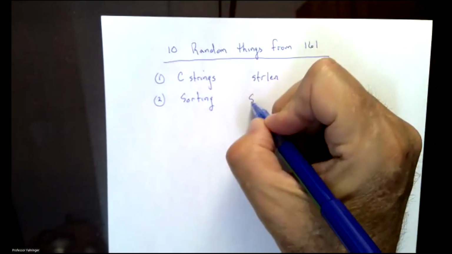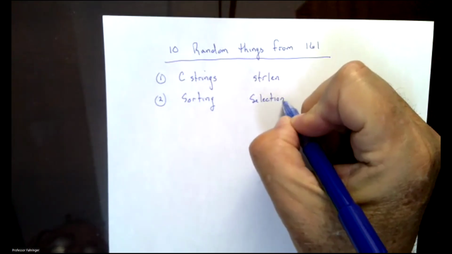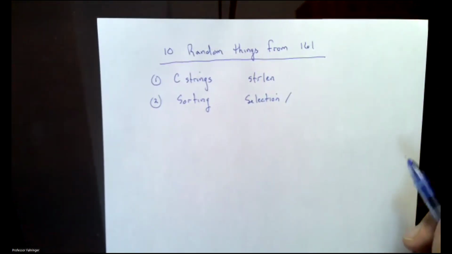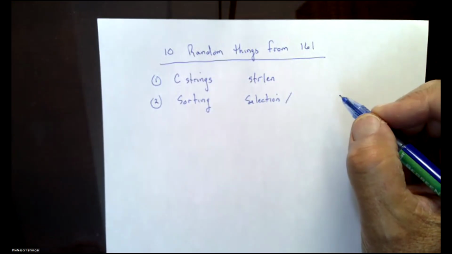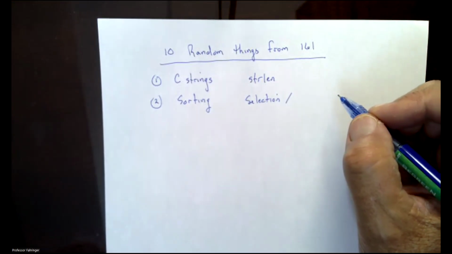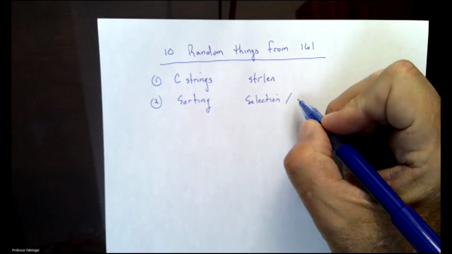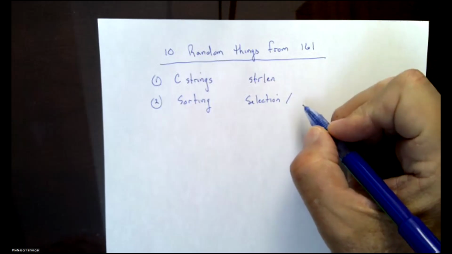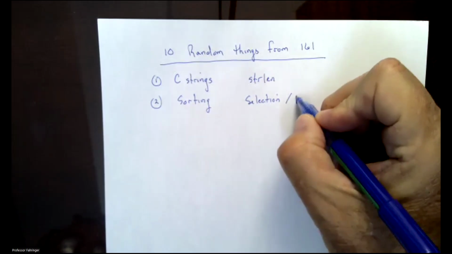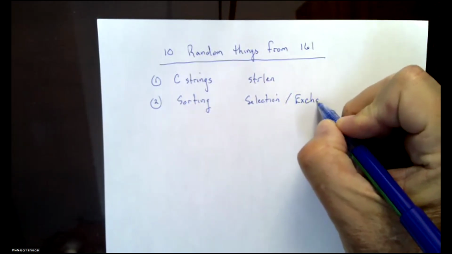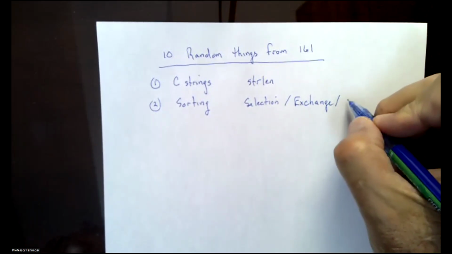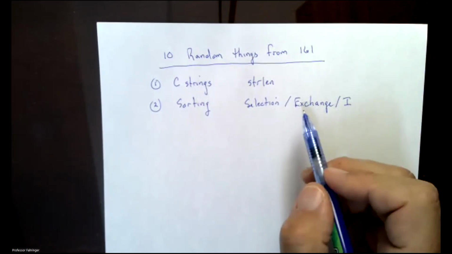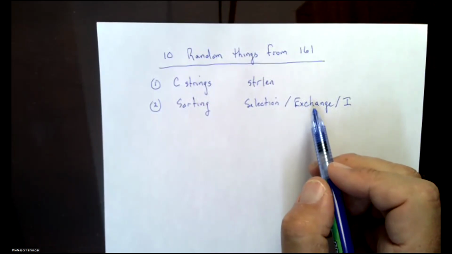Another thing, we did some sorting, and there were three types of sorts. There was the selection. By the way, I'm doing a lot of talking today, folks, and this will pretty much be the only time I'm going to do this much. Selection was one of the sorts where I selected a value and moved it to where I wanted it. Another one was the bubble sort, a type of exchange sort. We also had the other exchange sort, where we were doing a lot of swapping.